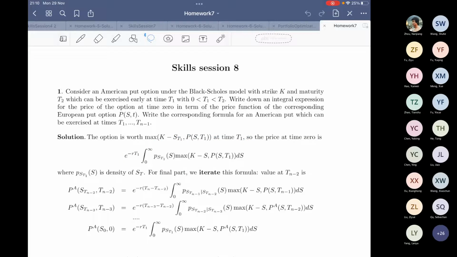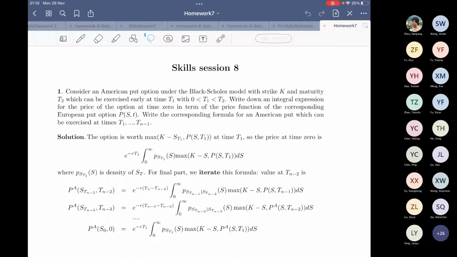I'm integrating over the usual log-normal density of the stock price, and this is the payoff function, if you like. Think of it as how much the American is worth: you can sell this American option at time T1 for this price, because it's worth the maximum of its European price or its intrinsic value. But then the final part